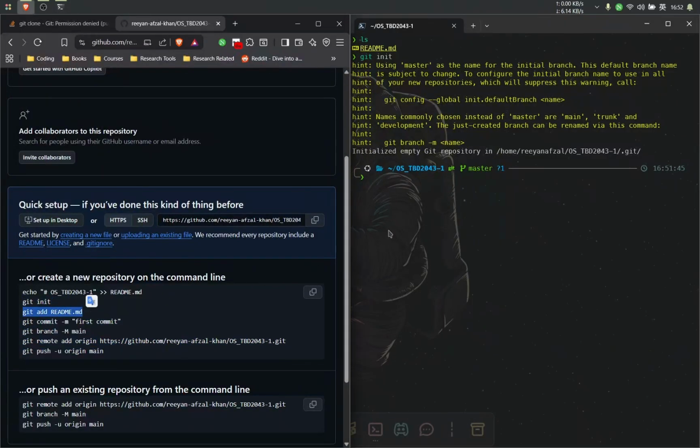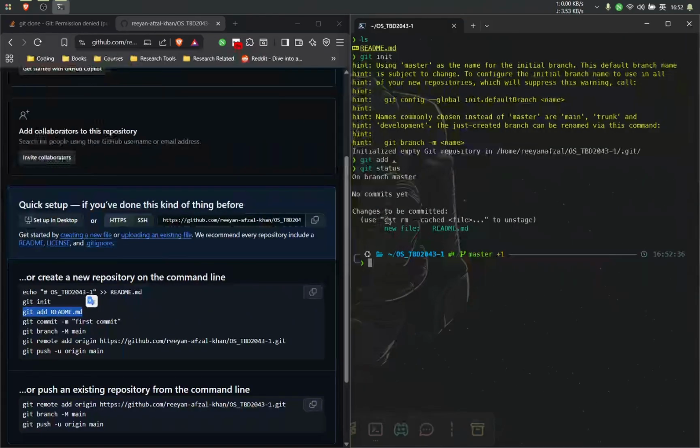Git add readme. But we are not going to do that. I'm going to show you a trick where you can add everything. So if you type git add, instead of readme, I know there's a readme file in there, but I'm going to use dot. Why am I going to use dot? Because it's going to cover everything, all the folders, all the directories, everything is going to be included. And now you can see there's a +1 in it here as well, but we will come to that later. So upon adding everything, if we check the git status,